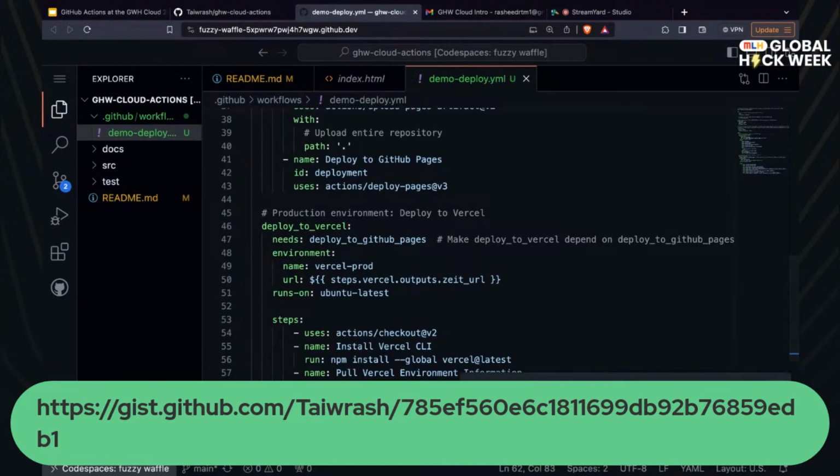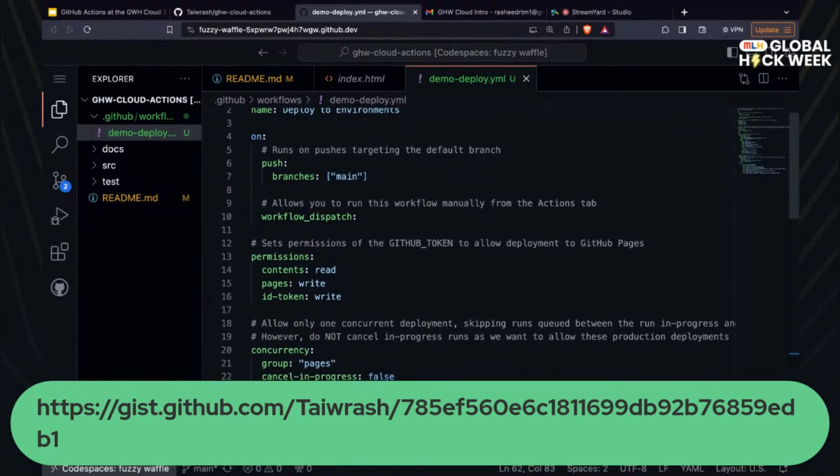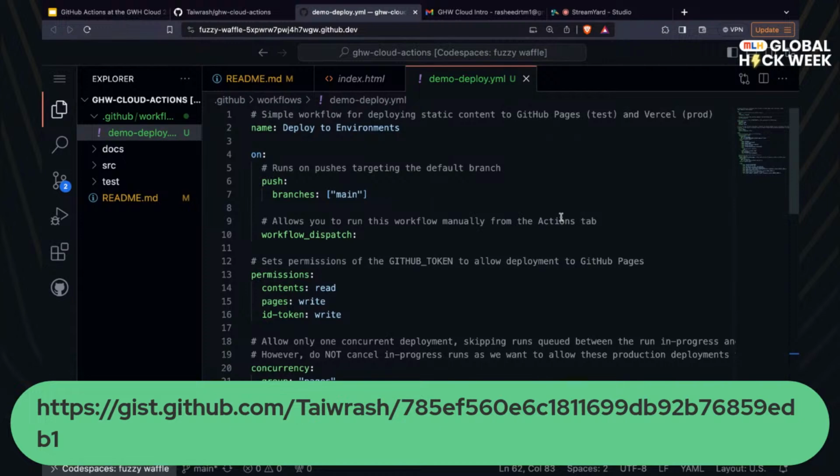So I will now walk us through step by step how this works. There are a bit of comments there that can guide us. It's a simple workflow for deploying static content to GitHub Pages, with a test environment and a production environment.